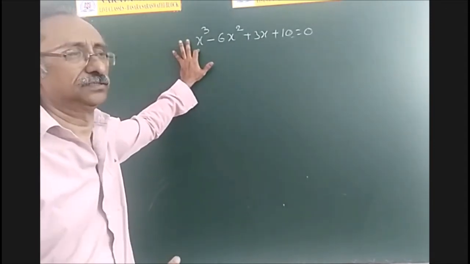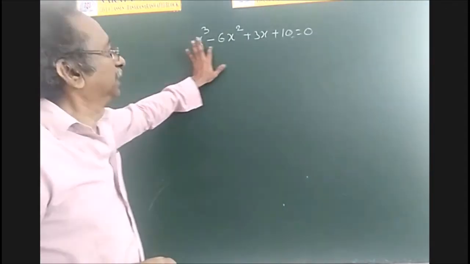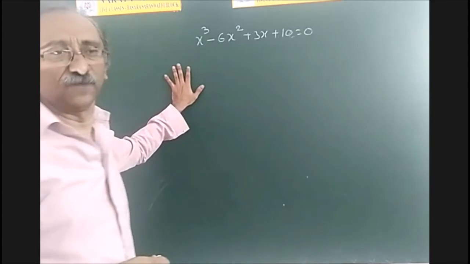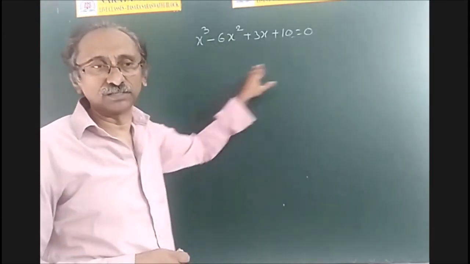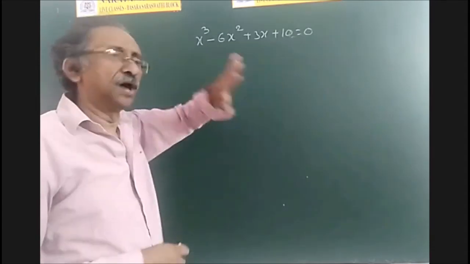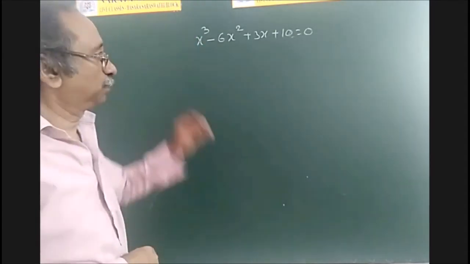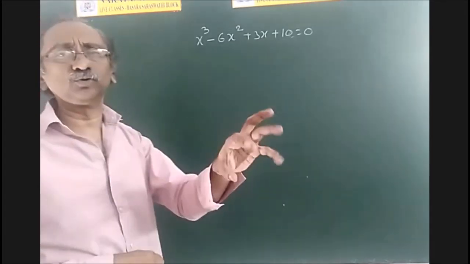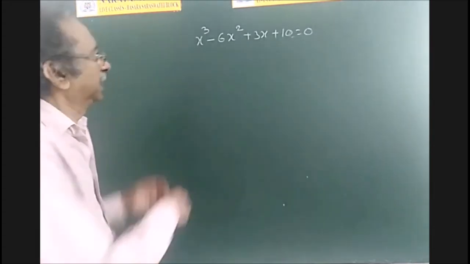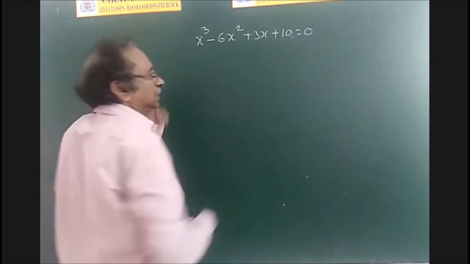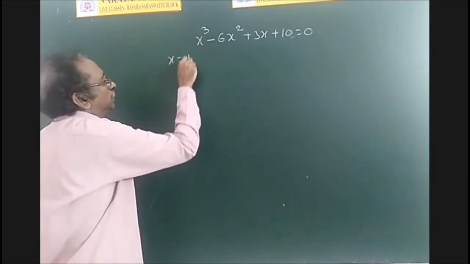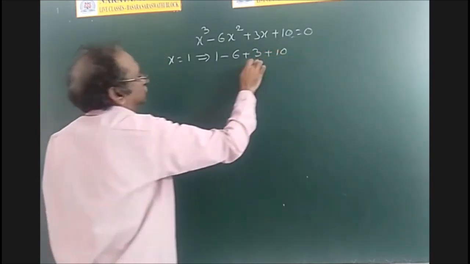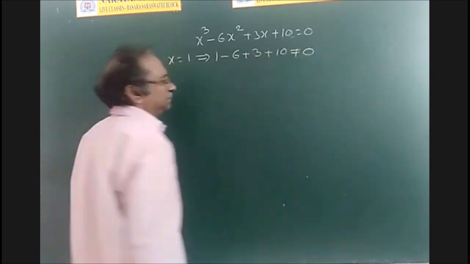So trial and error: first of all take 0 and verify whether it is a solution or not. If it is not a solution, that means error, and go to the next number, 1. Verify whether 1 is a solution or not. No, and therefore verify for 2, or for minus 1, minus 2, like that. This is called the inspection method. So by trial and error, we have to find one root. Okay, so we'll try 0. 0 plus 10 is not equal to 0. So put x is equal to 1. 1 minus 6 plus 3 plus 10, which is 14 minus 6, whatever it may be, not equal to 0.